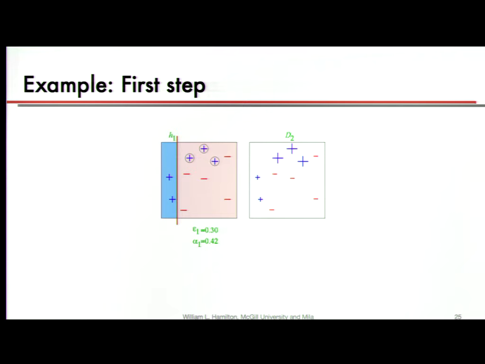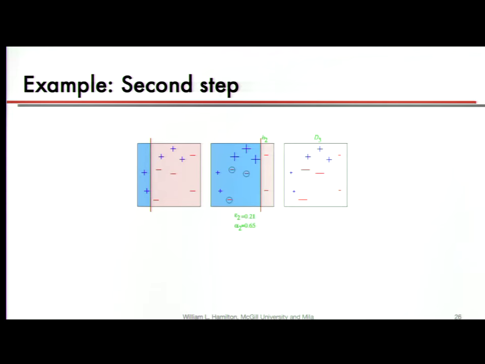Well, this is going to end up with some error value, and looking forward, this is something we want to compute, that is, how much weight do we want to give to this particular decision. But then we can say, okay, we've misclassified these three, so we should probably pay more attention to those when we train our next classifier. So now we make these ones even bigger, we weigh them even more, and now we train another model.